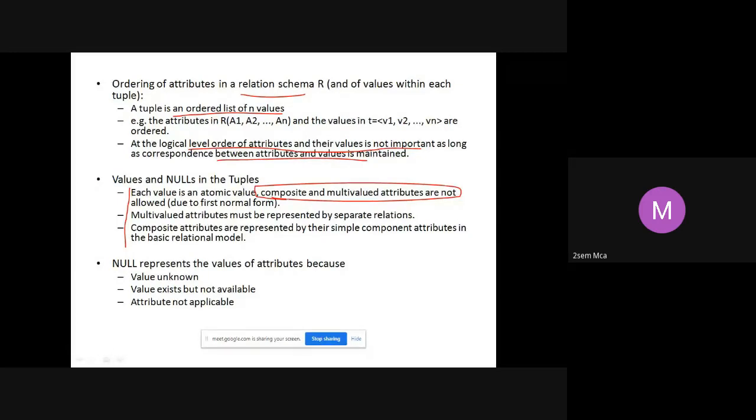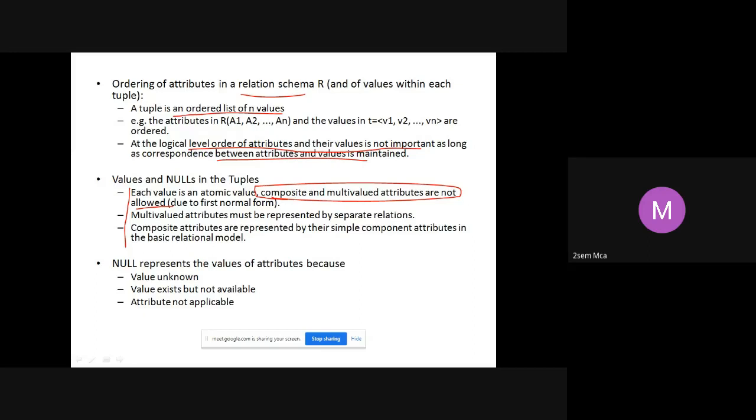Attribute name will never come. I will only store first name, last name and middle name. Composite and multi-valued attributes are not allowed because name is a composite value. If you are not interested in the components, the first name, last name, middle name, store it as name as we did in the lab. But if you are interested in first name, last name and middle name, then you cannot have an attribute called name. You should remove that, but you should include first name, last name and middle name.